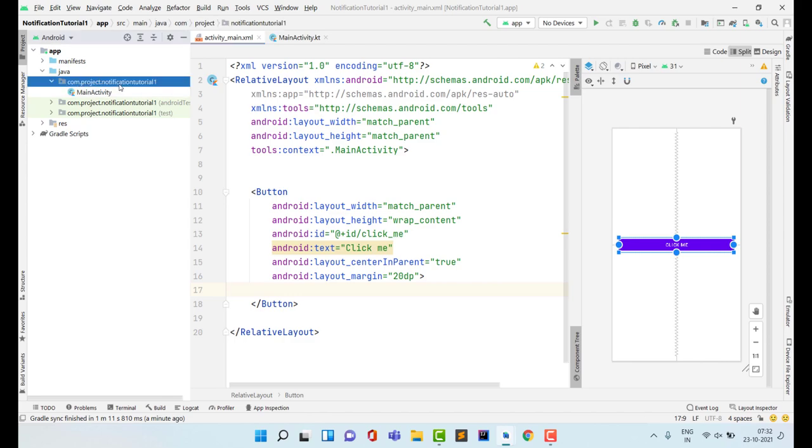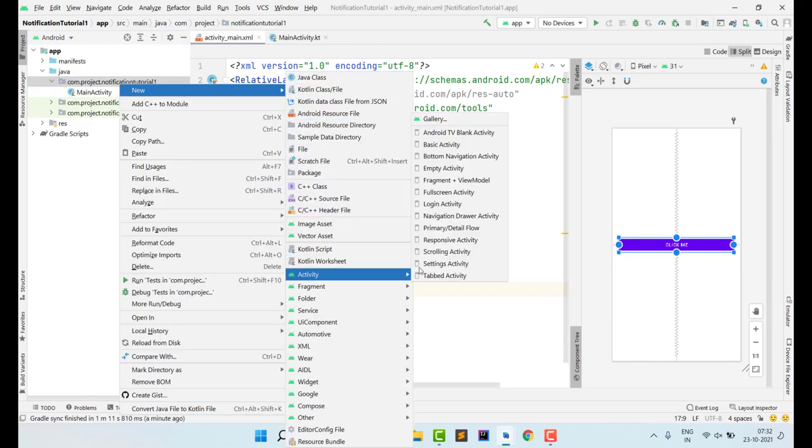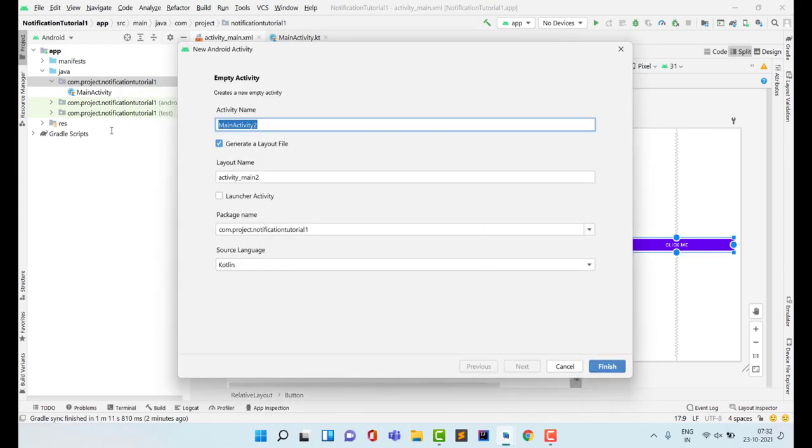If I click on the main notification, how do we go to that activity, and if I click on the action button, how do we go to that activity? So right click on New, then click on Activity and select Empty Activity from here. So this is the empty activity. You can give any name. So first of all, I give the activity name here,